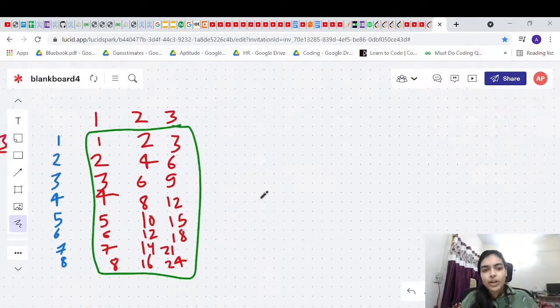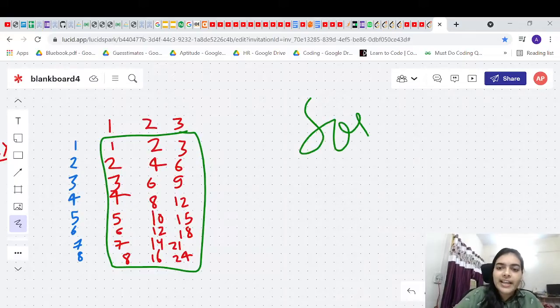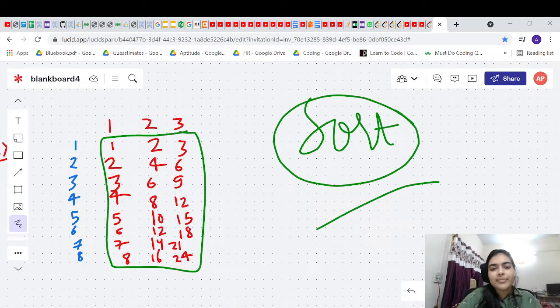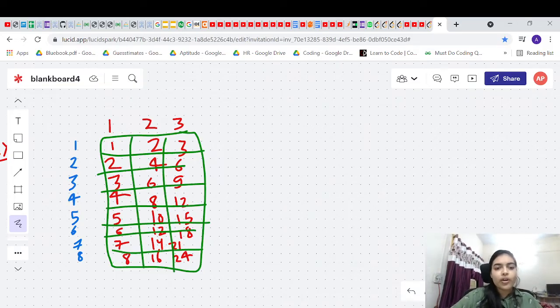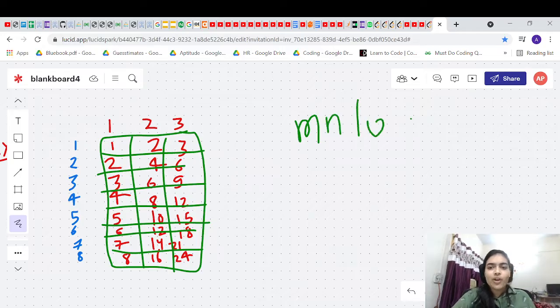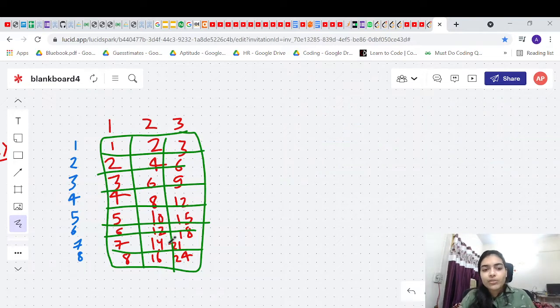So now we have understood what somebody is asking. Now how do we solve this problem? The simplest, most basic algorithm is sorting. Build the entire matrix, you have all the numbers, and just sort. What is the problem? The problem is time complexity. It will not pass, it will give time limit exceeded. You have mn elements, sort them. This time complexity is bad, it will not pass. You can do something else.